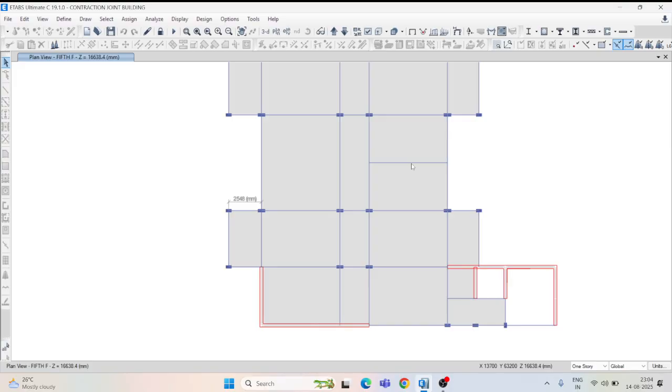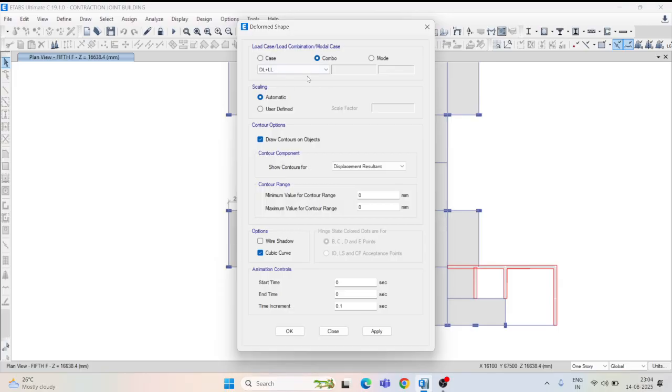So what happens is that you have to see the axial shortening value of this beam, the UZ value here or the UZ value here. Whichever value is less, you take that, and 20.82 minus that UZ value is the final deflection, multiplied by 3. Okay, so just again go to show deformed shape, and here you see combo, dead load and live load. Due to the gravity load we generally check the deflections with the creep coefficient.